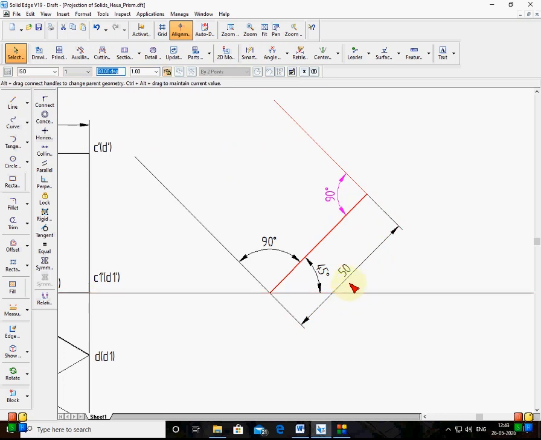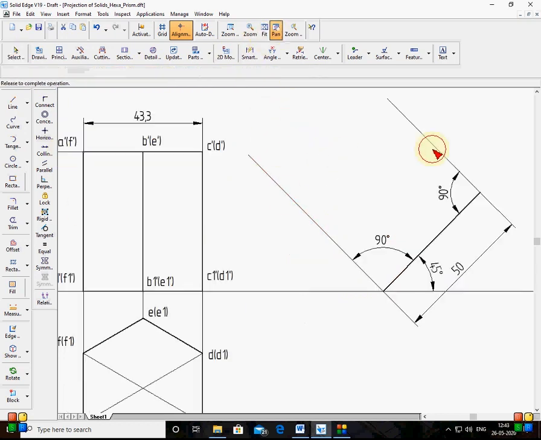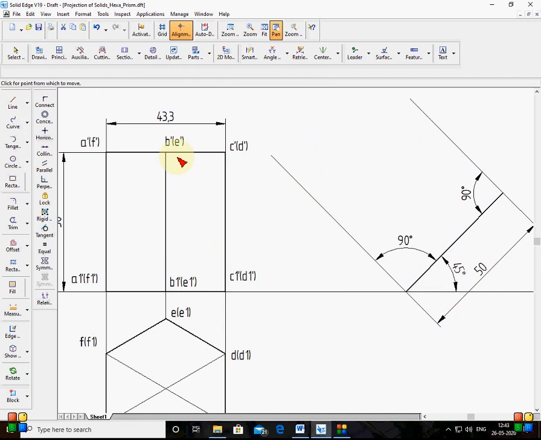In sketching you don't do dimensions here. You draw a 50 mm line at an angle of 45 degrees. From there you draw verticals. Then you transfer this distance, 43 point something, by compass, you don't just measure by scale. From here you draw an arc, draw the opposite line and complete the figure. So this is the sketching part I am telling.